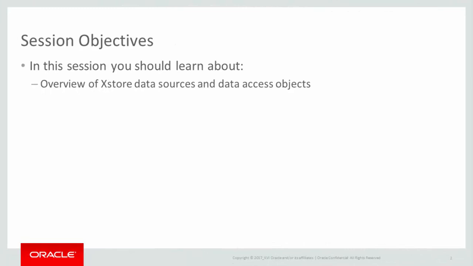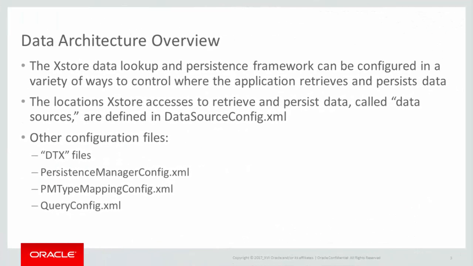In this session, you will learn about the XStore data sources and the data access objects that are used within XStore to communicate back and forth with the database. XStore's data lookup and persistence framework can be configured in a variety of ways to control where the application retrieves and persists data. These locations in XStore are called data sources and are defined in the data source config XML